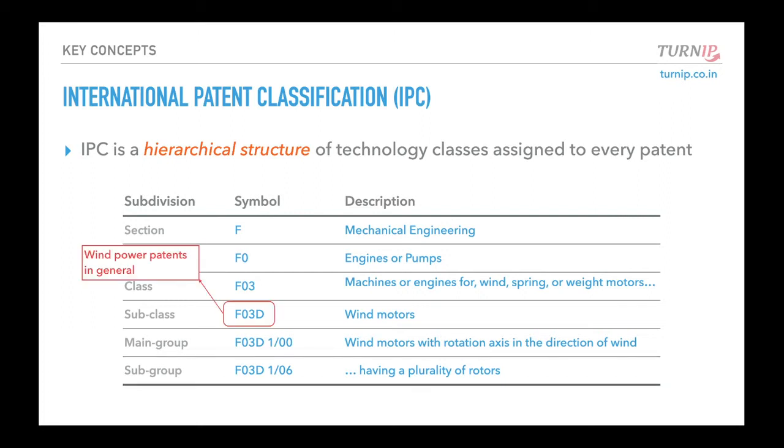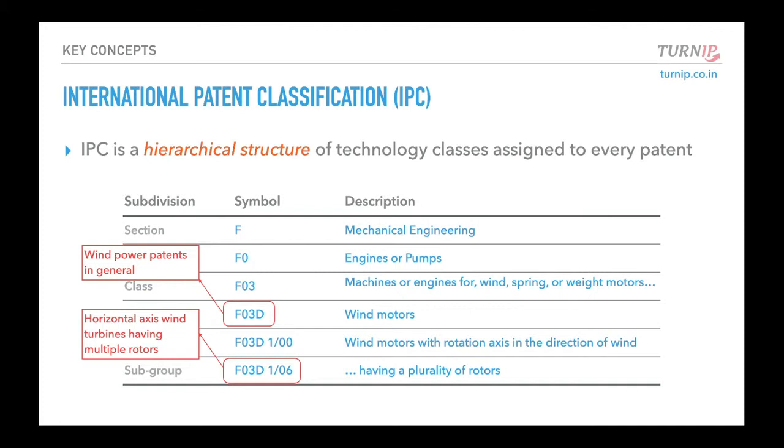Actually, F03D is a very good technology class to find wind power patents in general. All things to do with wind power, like turbines, blades, the towers and the installation, everything to do with renewable wind power in industry, you can simply type F03D and get all the patents related to it. And if you go to the last level of detail, you can see that this patent is about a horizontal axis wind turbine